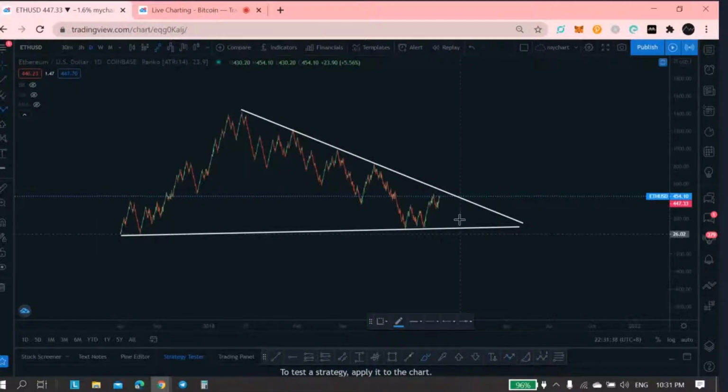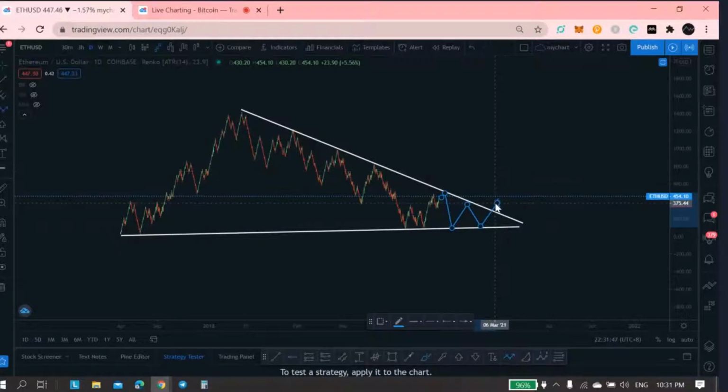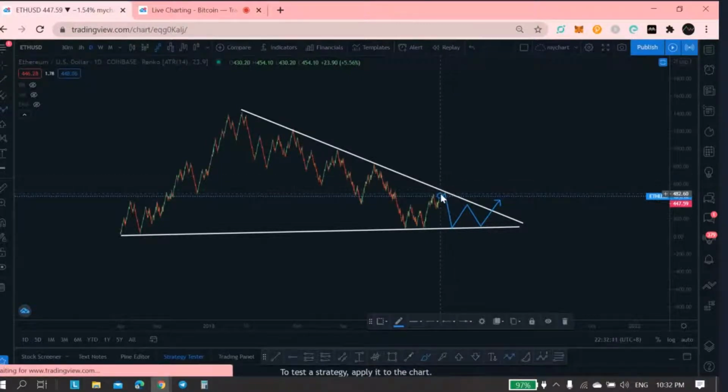oh, we'll just use this one. So if it failed to break out at this area, possibly it will trade within this triangle range, or it will break out this area. So the path is just one and possibly,